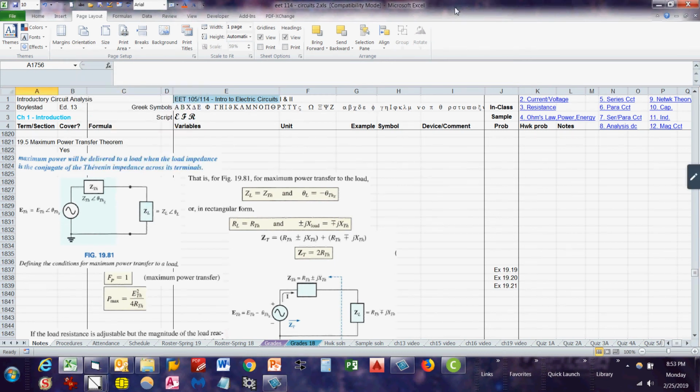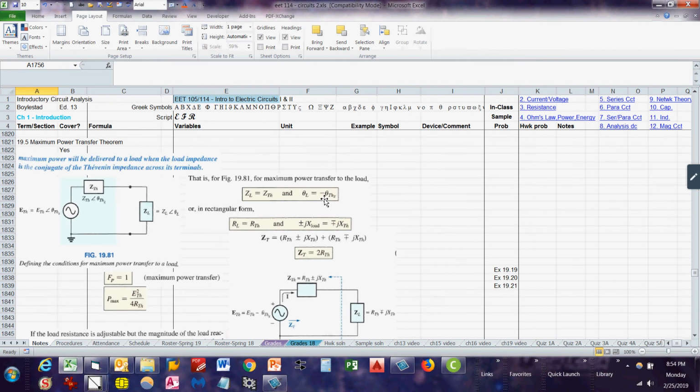EET 114, section 19.5. This is the maximum power transfer theorem. The maximum power will be delivered to a load when the load impedance is the conjugate of the Thevenin impedance across its terminals. That is, for this figure, when ZL, the load impedance, equals Z Thevenin in magnitude, and when the phase angle of the load is equal to the